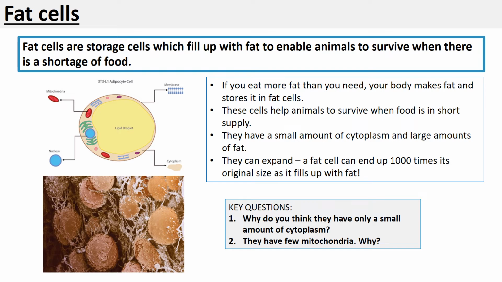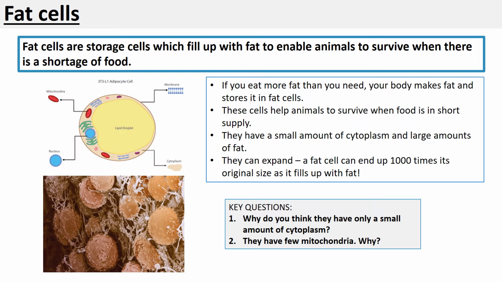Now, there are 2 key questions on the bottom here. Why do you think they only have a small amount of cytoplasm? And why have they only got very few mitochondria? You might wish to have a little pause there so you can consider that. Well, let's have a look at this first question. The cytoplasm amount is very, very small because this enables more space for lipids or fats to be stored within